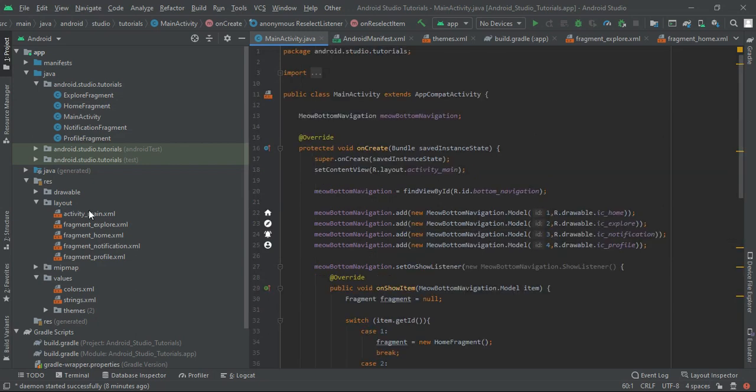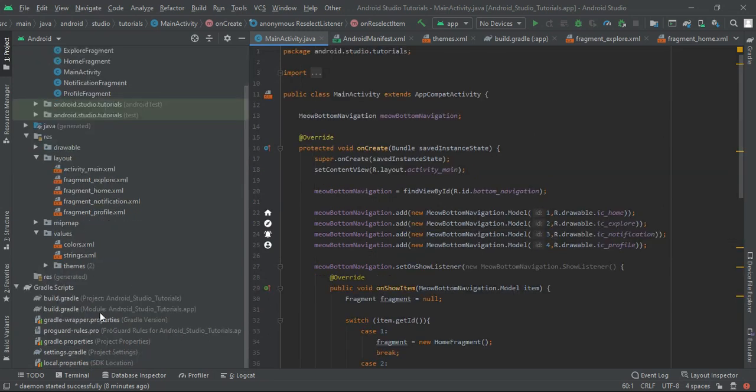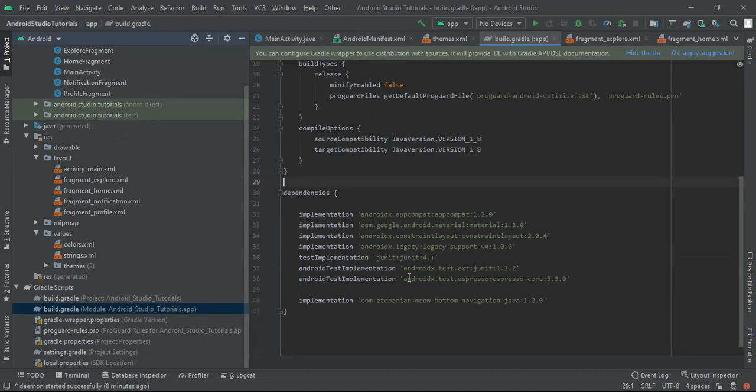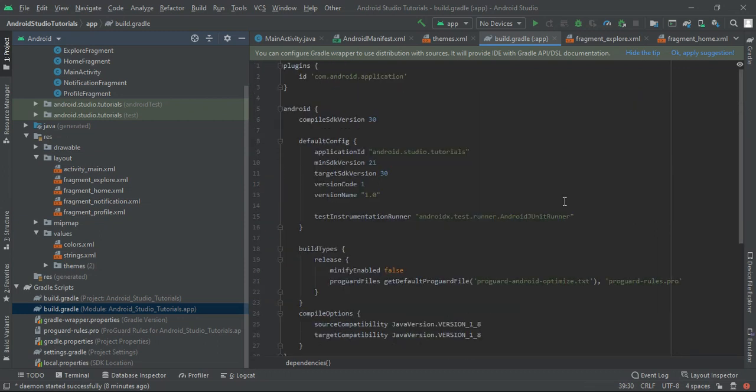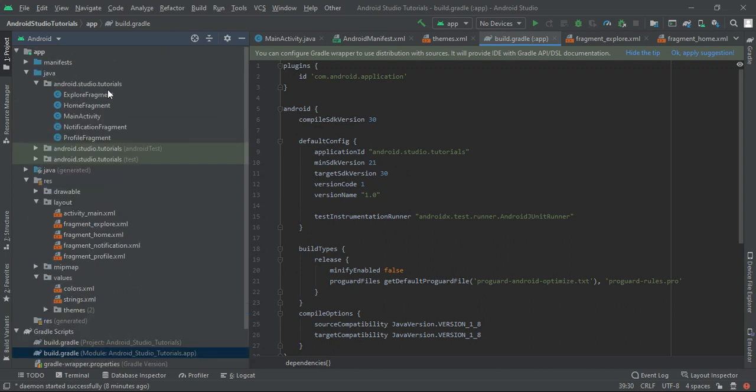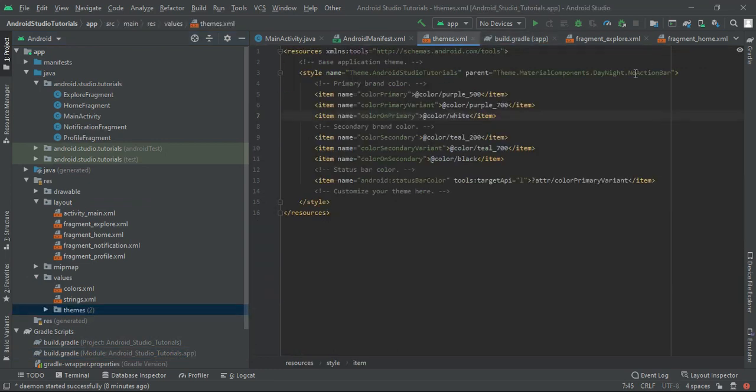First we have to move to build or Gradle file, and over here we have to write our dependency. So as you can see that I had already implemented my dependency. Now we have to sync our project. After you will find your dependency will be included, then move to themes.xml file, and instead of dark action bar, so you will found your application like this. So instead of this you have to write no action bar, because we don't want any action bar, and we will add it manually if we want.